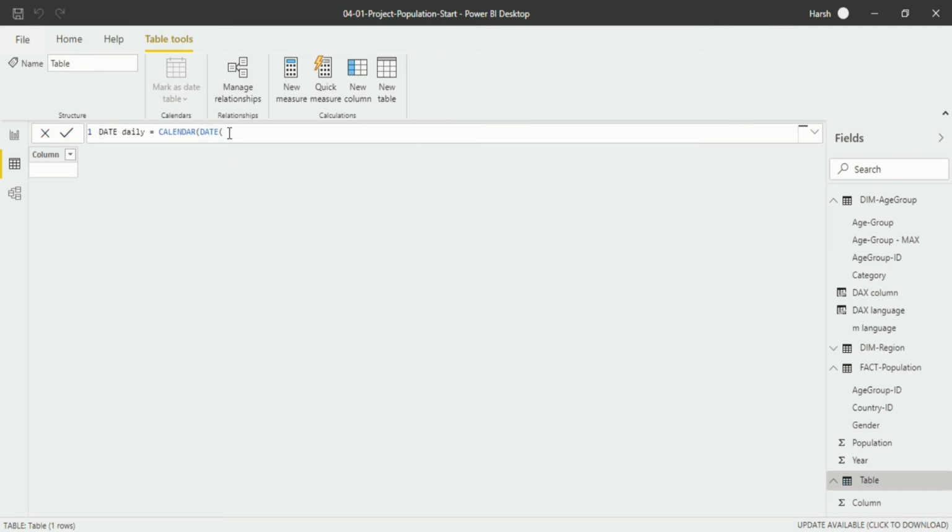Year, I want to write 2019. After that, month is 01. Day is 01. After that, I will close this, and the end date I have to write. Again, I have to write DATE.